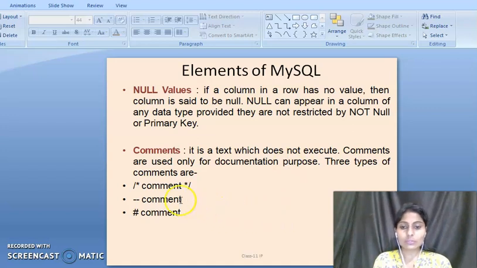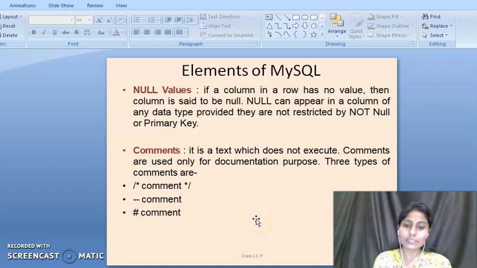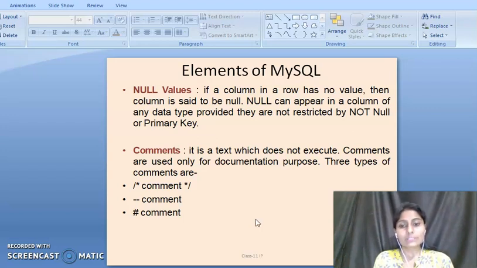Okay, so to define a multi-line comment, we have to use /*, and then we write our multi-line comments, and at last we close the comment with */. And for a single line comment, we have to start with a hash, then write the single line comment only. We will leave that as it is. Okay, so these come in the category of comments, which are not the executable part of the program or query language. If we write any line after using /* or hash, then that's known as a comment.